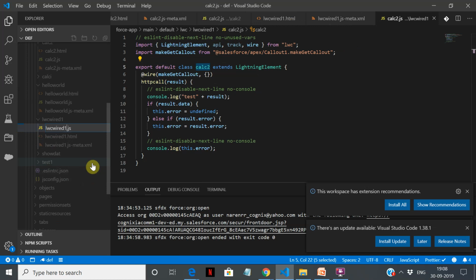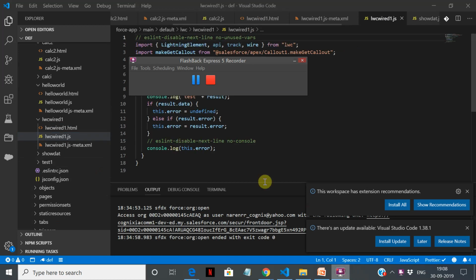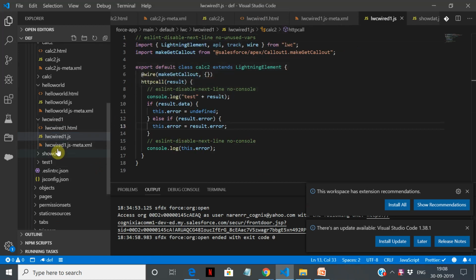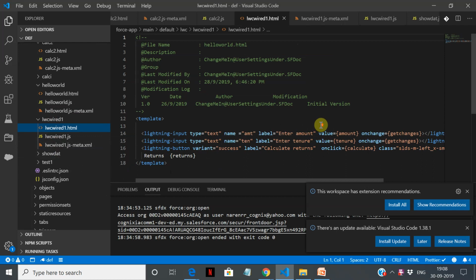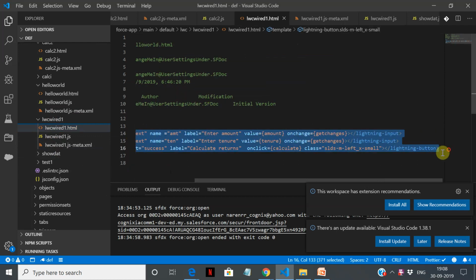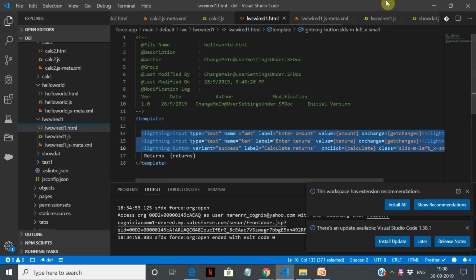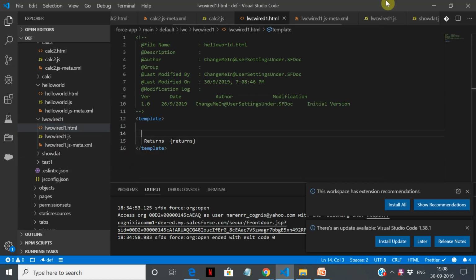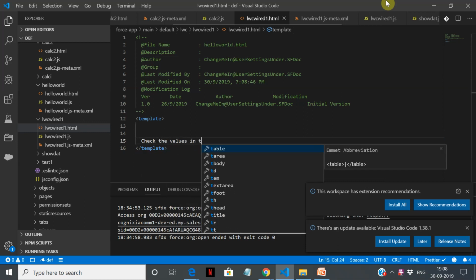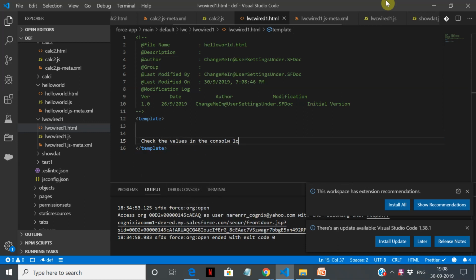With this, our method is ready. Now what else is needed? We don't need this. We can also introduce this, we'll just say check the values in the console log. That's the only UI thing it is going to do.